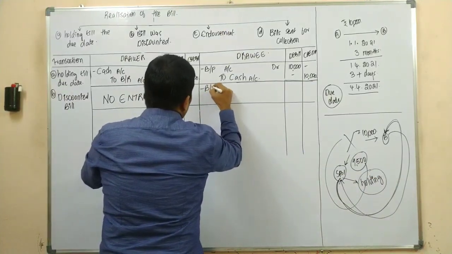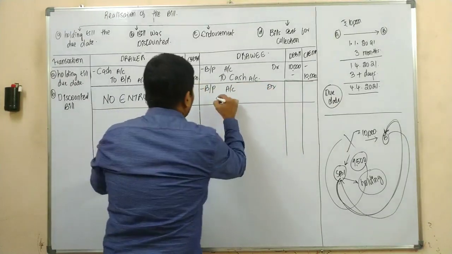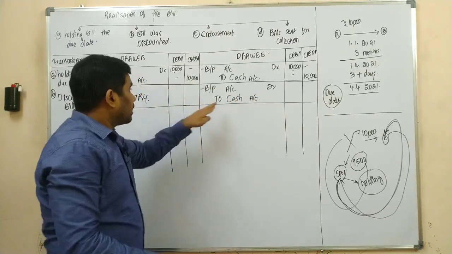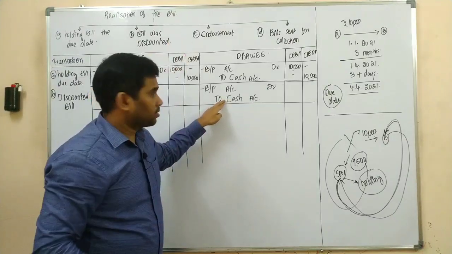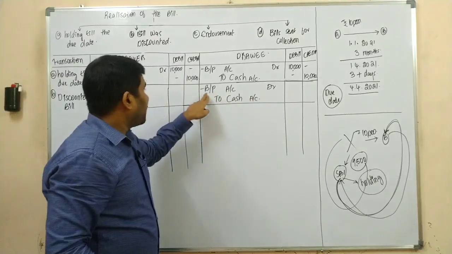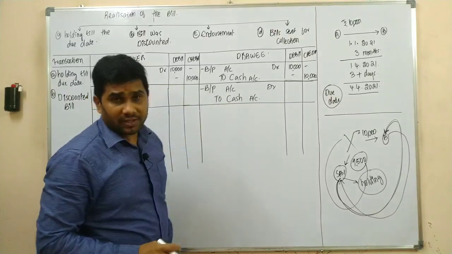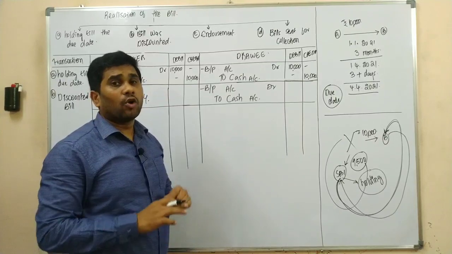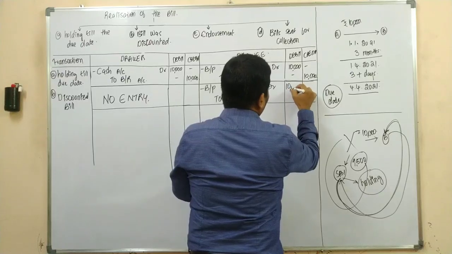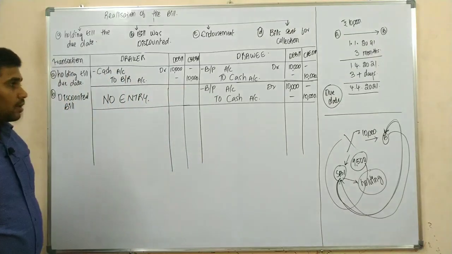The journal entry would be bills payable account debit to cash account. He is paying cash. Cash is going out, credited. As you're paying the amount on the bill, it would be no more a liability to Mr. B. It would be no more a liability, yes or no? So we are cancelling the liability. So how much was the amount, sir? He is paying 10,000 rupees on 10,000 rupees of bill. That's it. Yes or no?